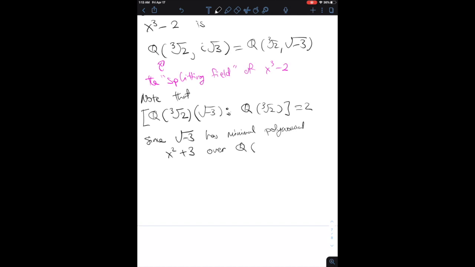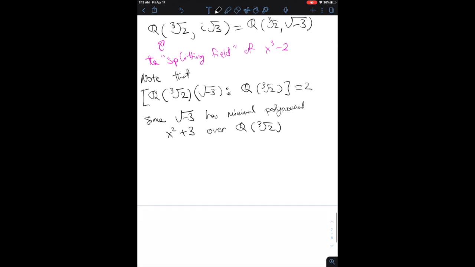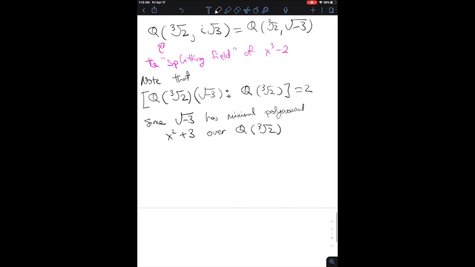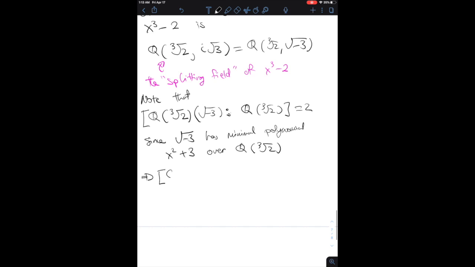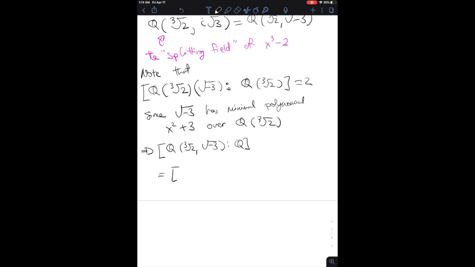x squared plus 3, right, which has no real roots, so it can't have any roots at all, over Q adjoin cube root of 2, therefore it's irreducible over that field. So the degree of this field extension is 2, and then the multiplicativity of degrees tells us that the splitting field